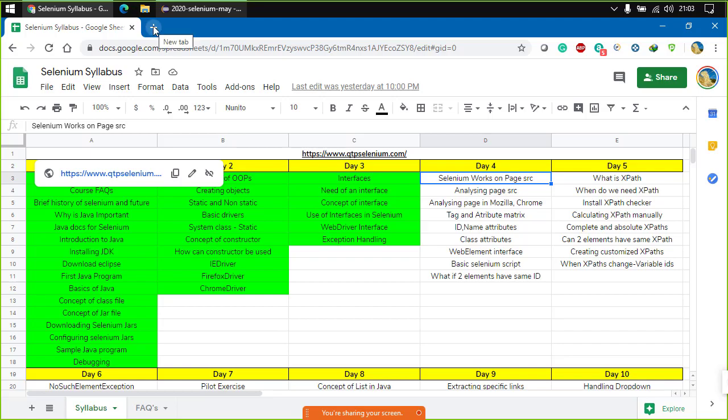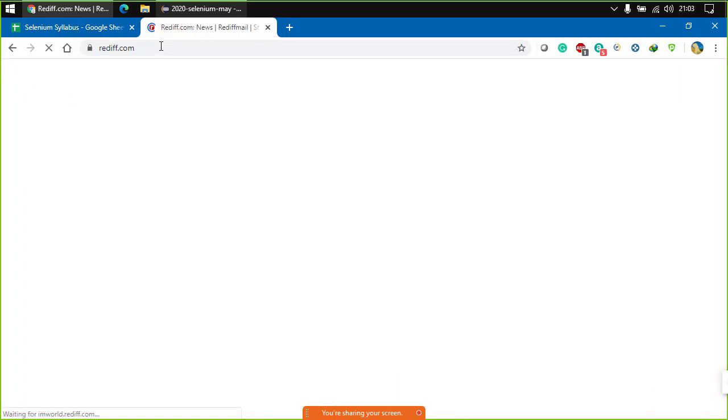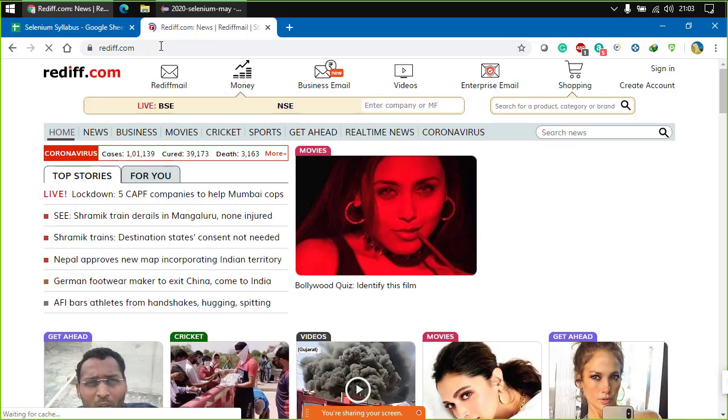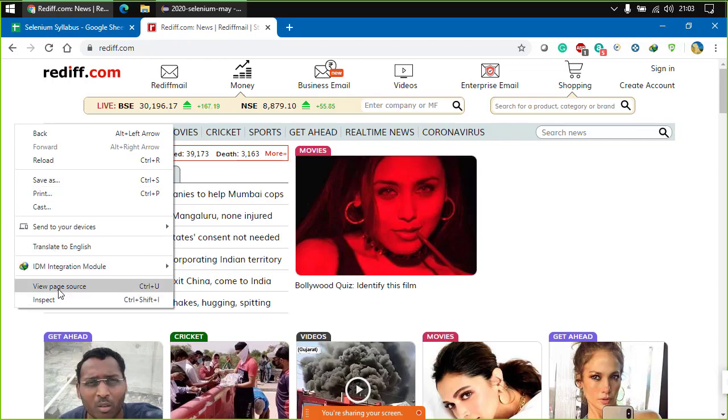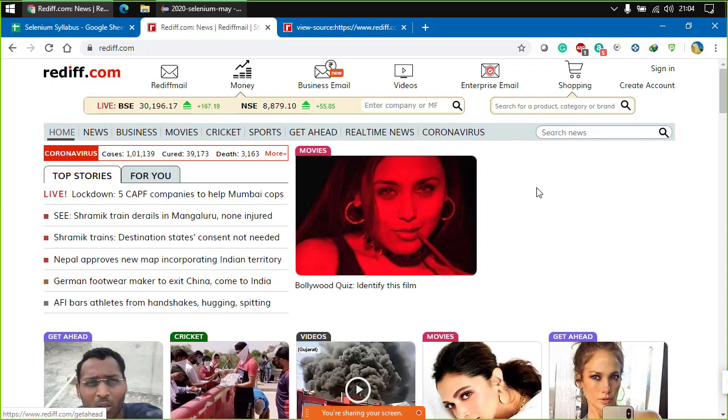So what we would be doing is we would be going to this website, for example, rediff.com. Now over here, if we go to this particular page, you would notice that we are getting some content. But what if I right click here and click on view page source? Whenever there is a web page, we have a HTML code for that. Now this is the actual page which has been rendered by the browser, and this is what we are able to see. This is the final output.